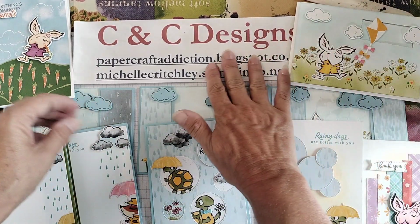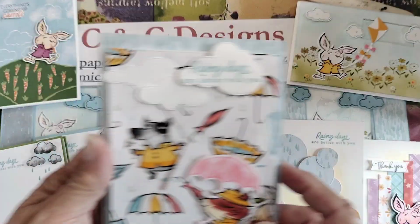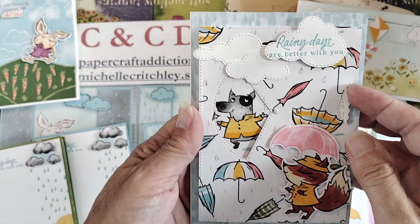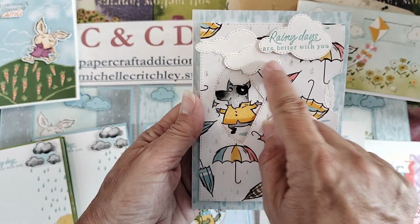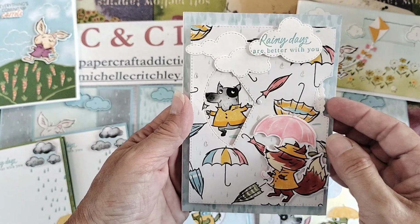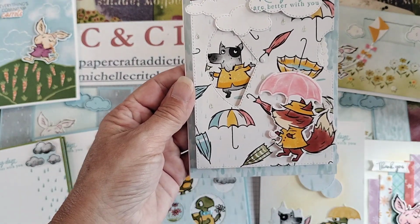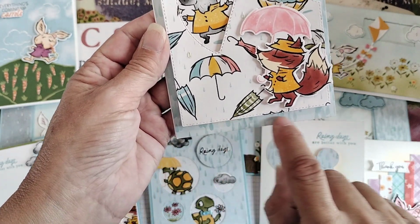And then what else have we got? Here we go. So this one is the Give It a Whirl die that was used for this, with the clouds from that and the whole inside section. I've done some other videos with the Give It a Whirl die that you can look up. So I've got the umbrellas there in the background, and then you can see there's the Raindrops